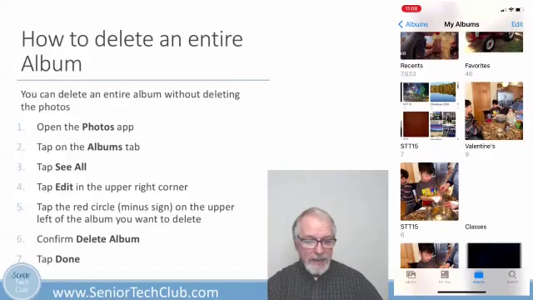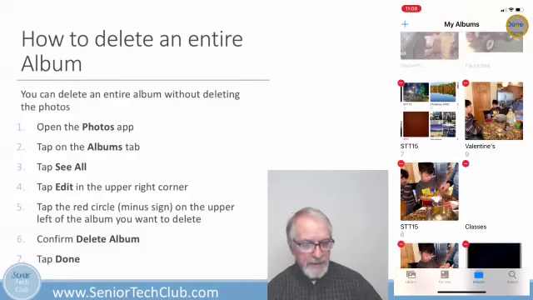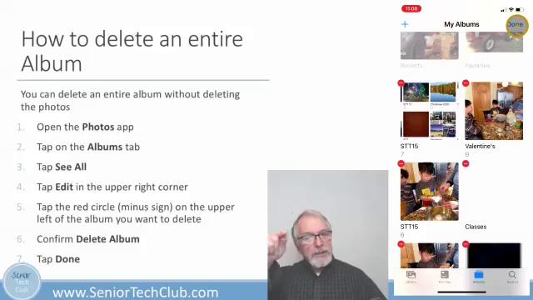I tap on Edit. So with the album displayed, I tap on Edit, which is up on the upper right-hand corner of the screen. I tap on Edit, and now I get this little red circle with a minus sign on the upper left-hand corner of all of the albums. And so I can tap on that delete icon,